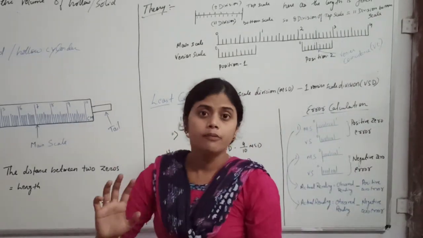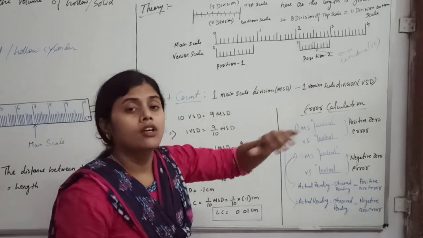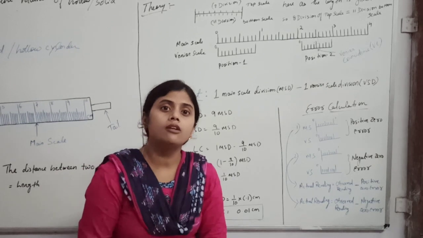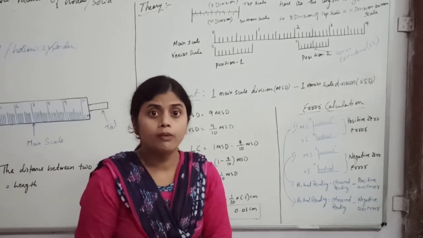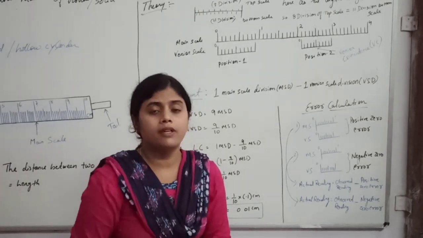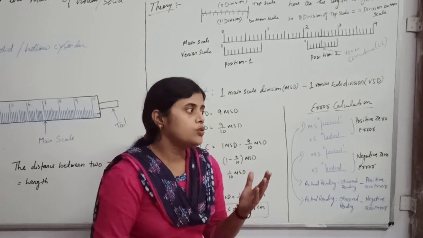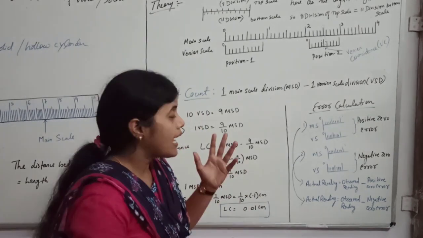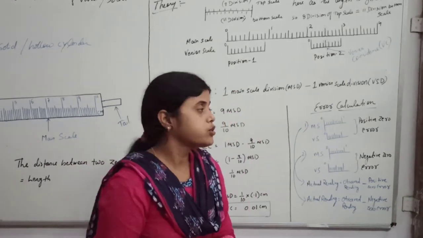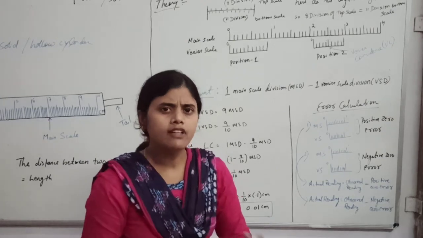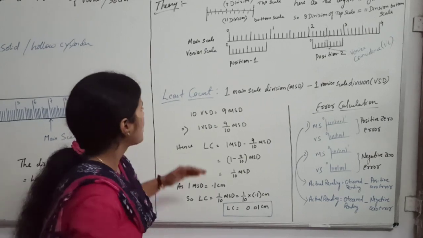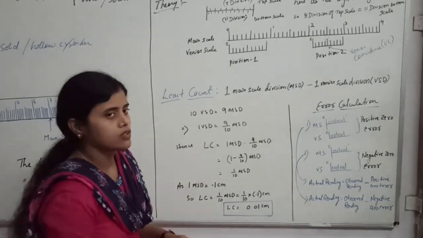This is very important because based upon that we will calculate the least count of that instrument, and least count is a very important thing to know for a particular instrument, because if you don't know what is the minimum measurement the instrument can measure, you cannot find the error, because least count has its application in error calculation also. Also the vernier scale reading, I will tell you what is vernier scale reading. Okay, so now we will understand how to find the least count.